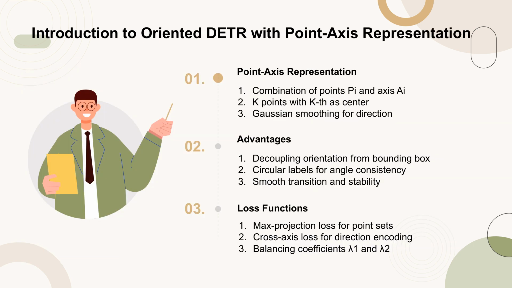The point axis representation in oriented DTR is a novel approach to defining oriented objects. Each object is characterized by a set of points p_i and an axis representation A_i. The points include k points, with the kth point serving as the object's center. The axis representation uses Gaussian smoothing to encode directional information. This method offers several advantages, such as decoupling orientation from the bounding box to prevent abrupt changes at boundaries, and using circular labels to maintain angle consistency. The representation is further enhanced by two specialized loss functions, max projection loss and cross-axis loss, which ensure effective model